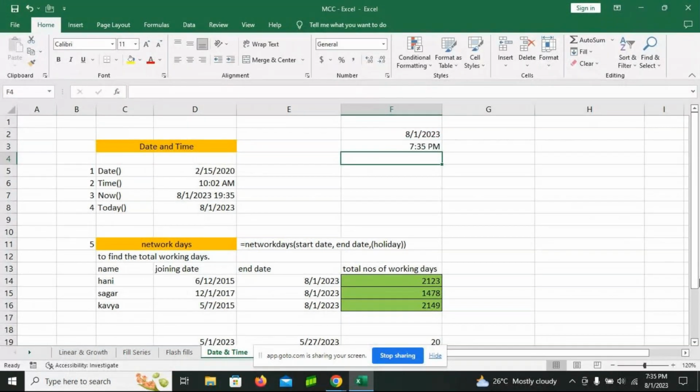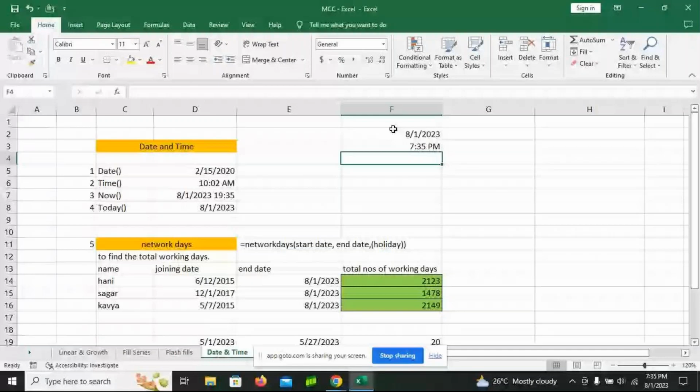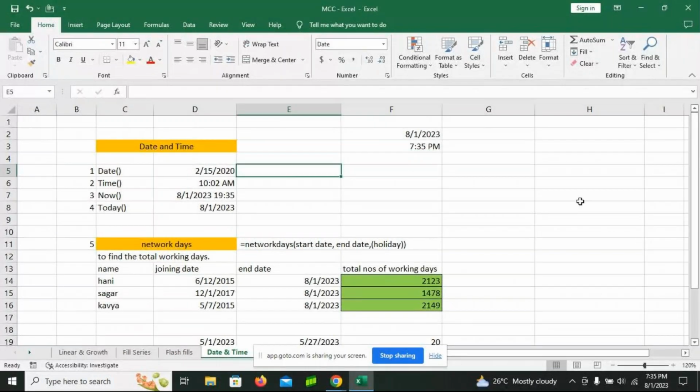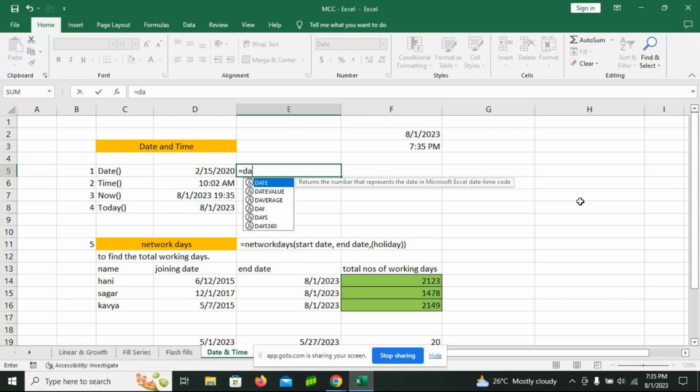Okay. So now to enter the current date and time, we have the shortcut key. And if I wanted to enter any random date, I'm going to use the functions. So equals. My function calculations or formulas, anything, is going to start with equals. So I wanted date. I'll type in date, open the parenthesis, and here you can see the arguments it is